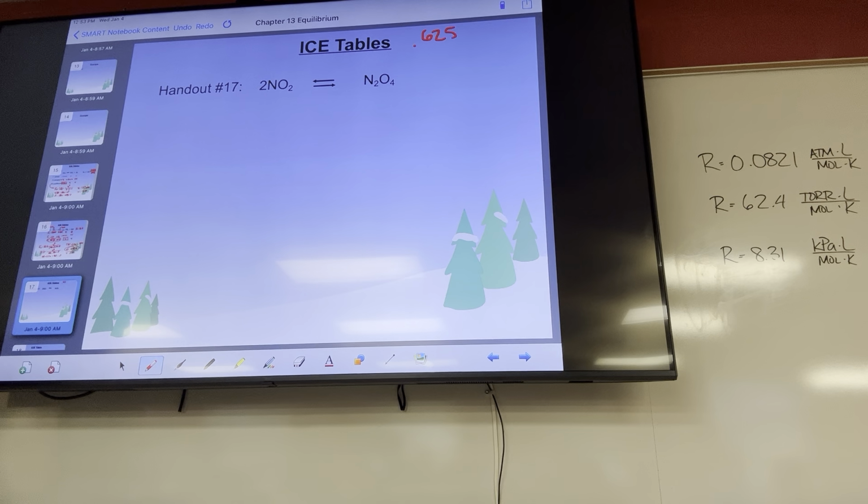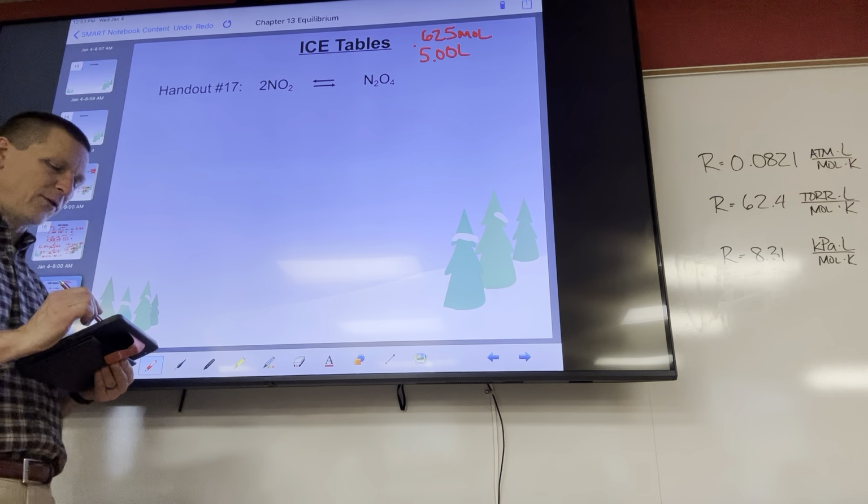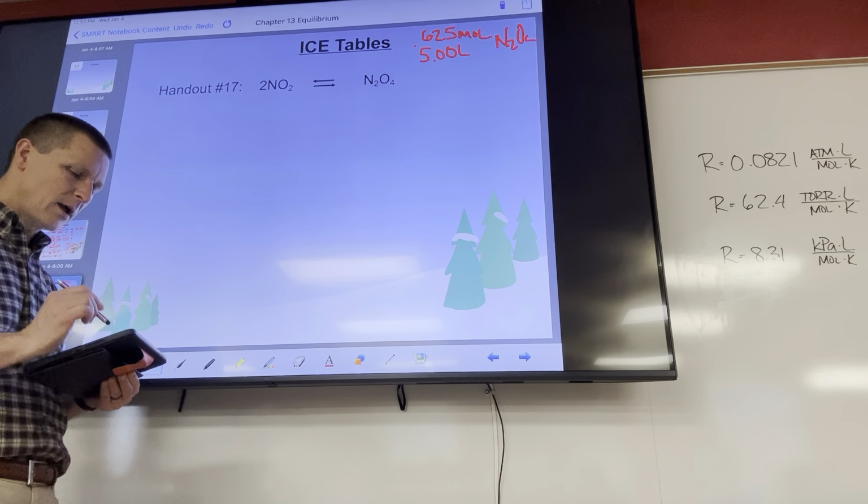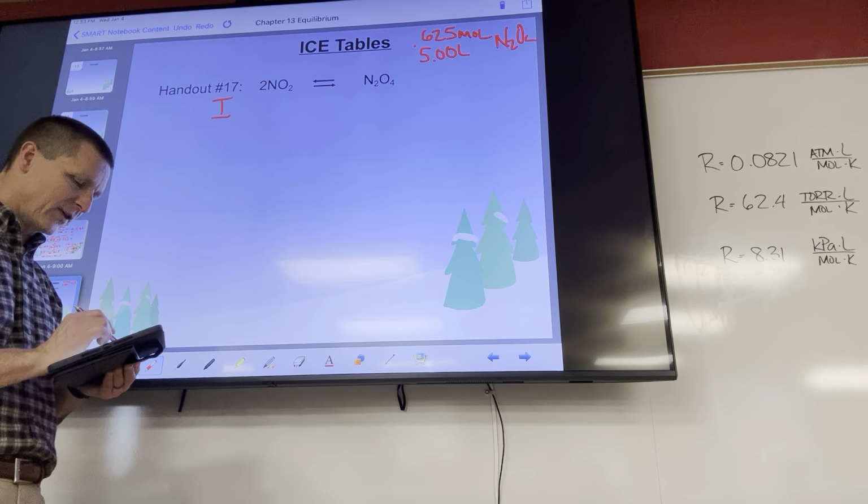0.625 moles in a 5-liter vessel. And that's of N2O4. So when I make an ice table for this,